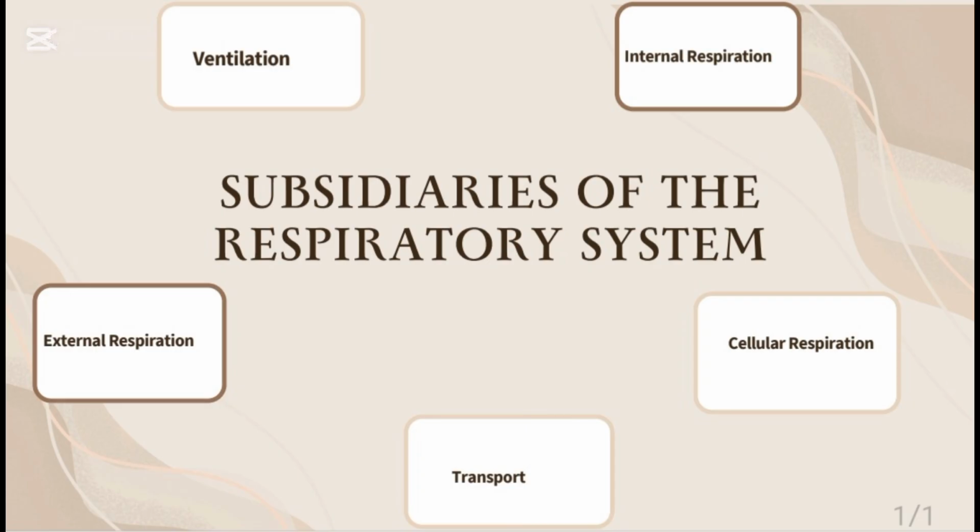Subsystems of the respiratory system: ventilation, movement of air in and out of the lungs; external respiration, gas exchange in the alveoli; transport, movement of gases through the circulatory system; internal respiration, gas exchange between blood and cells;